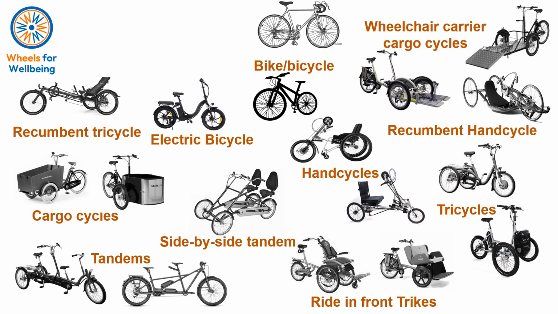The other types of cycles on the screen are, as we've already mentioned in terms of the tricycle, tandems. These are cycles designed to carry more than one person who is pedaling. With the other people-carrying cycles we've mentioned, the person is a passenger. If it's a tandem, then the person is actively pedaling. In addition to the tricycle tandem, we've got the more traditional inline two-wheel tandem, and we've also got a side-by-side tandem, which has four wheels and two seats seated side by side.